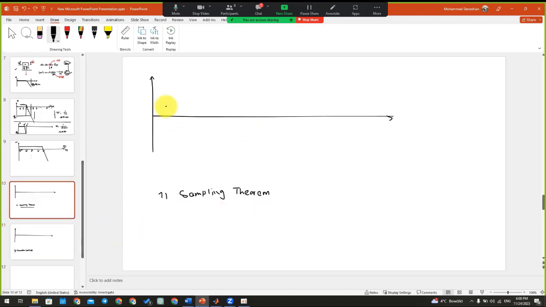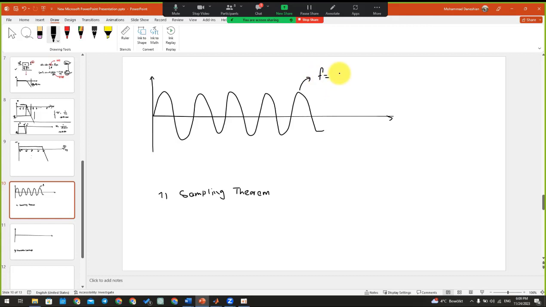But in the sampling theorem, as you may know, if we have a signal like this, which has a frequency of 2 hertz, for example, what do we have to do? So here is 2, and here is 4, and here is 6, and here is 10. What we have to do is set the sampling frequency at least 2 times